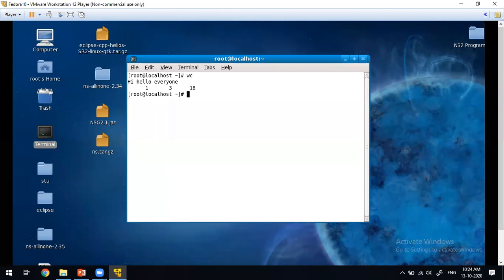Who has called that standard input? The shell is responsible for bringing that standard input file to get the information, "hi, hello everyone", and then it is going to give that information to wc, word count. Then the word count command will be executed by the kernel and it will give you the output as 1 3 18. This is what the standard input is all about.